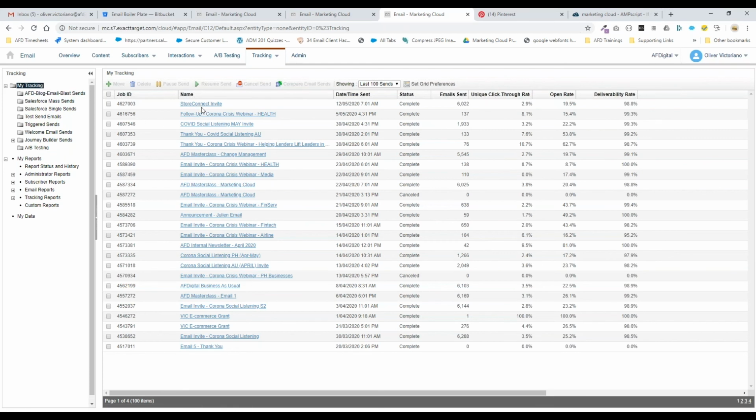So let's say you've got a monthly newsletter, then you've got a weekly sales alert, so you can actually create subfolders for it. And then when you're doing your send process or send flow, you select which folder you want the emails to go in. Right, here's an example. If you click on